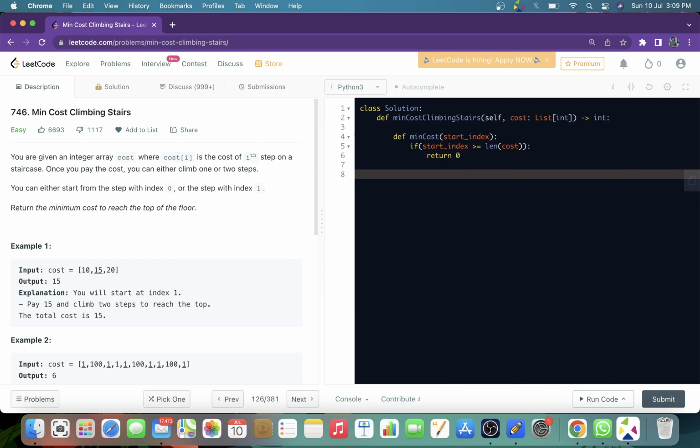We will simply return what? Firstly, the cost of this stair. Now we are on some stair, right? If we started from 10, then we have to pay 10 rupees first, and then we will decide whether to go on 15 or 20, right? Or if we are on 15, then we have to pay 15 rupees first, and then decide whether to go on 20 or outside. So firstly we will write cost of start index, that cost we have to include, plus then